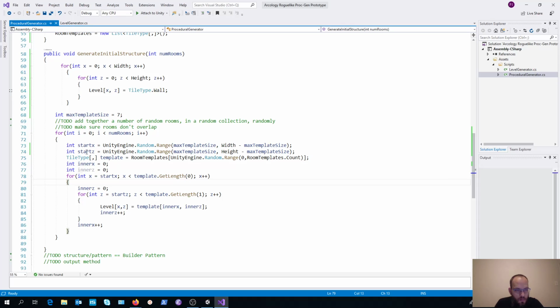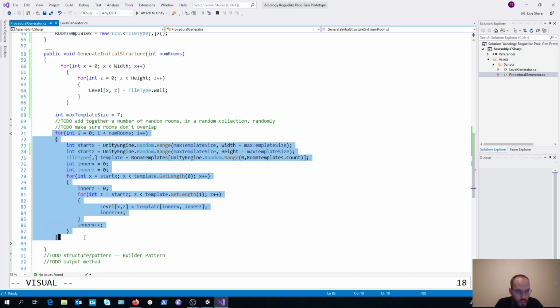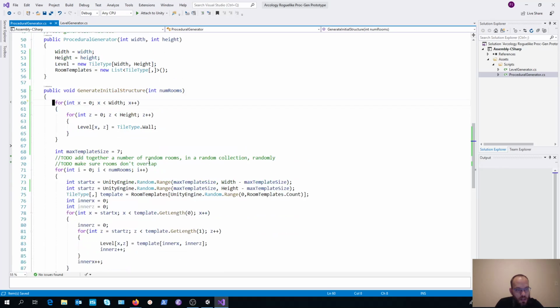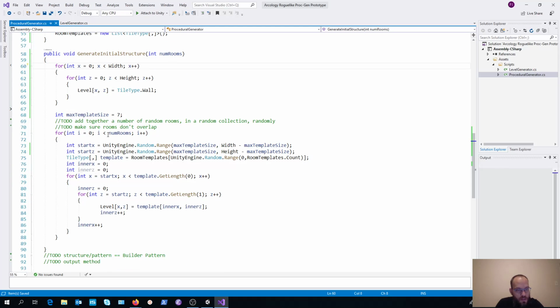Okay, so this is the code that we wrote last time. We hadn't actually tested this properly, so this is probably where our errors are coming in. So let's just walk through the logic of what we are trying to do over here. We start by filling everything with our wall type, which is perfect. That works perfectly for us. After we've done that, we want to create a number of rooms equal to a value that we pass through.